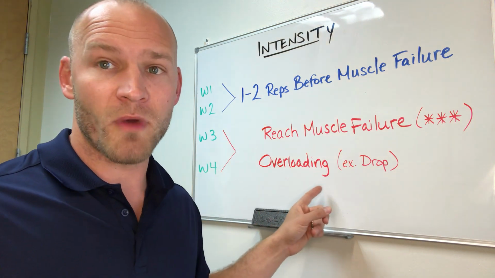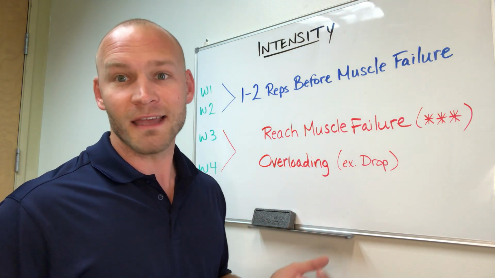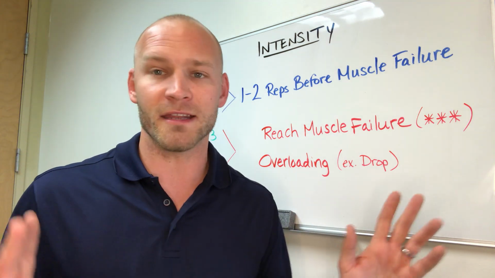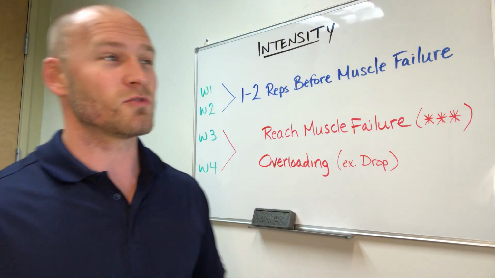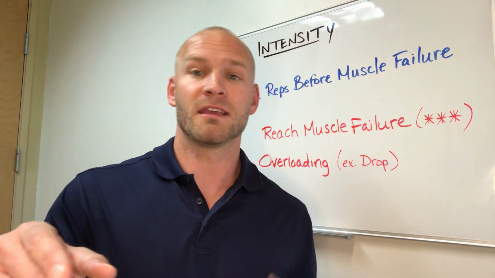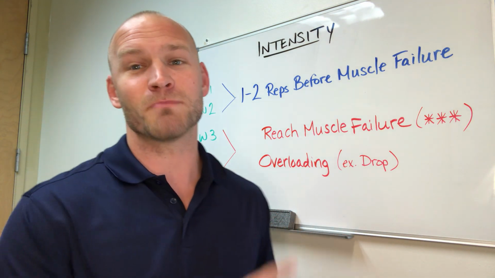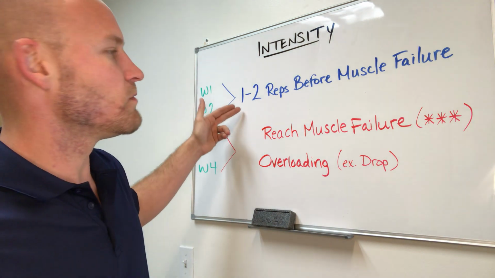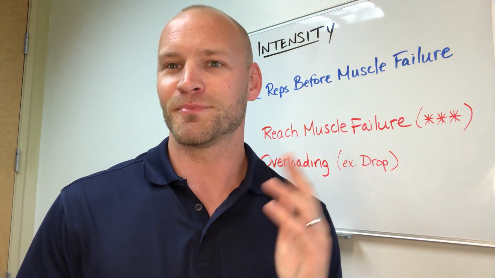Also, overloading is another way we do that, which I'll dive into a little bit more in another video. Maybe we haven't gotten to that yet, but that's coming down the road. An example is drop sets. If you know what drop sets are, great. If you don't, don't worry, we're going to get to that later. But we do these 2 things because those are absolutely critical for getting you the hormonal response that we want to have your body give you the results that you want. So these 2 things are critical, but they have to be used sparingly. So that's how we break it down in my program. Weeks 3 and weeks 4, we do more of this. Weeks 1 and weeks 2, we generally speaking do 1 to 2 reps before failure or close to that. Okay, now go execute.